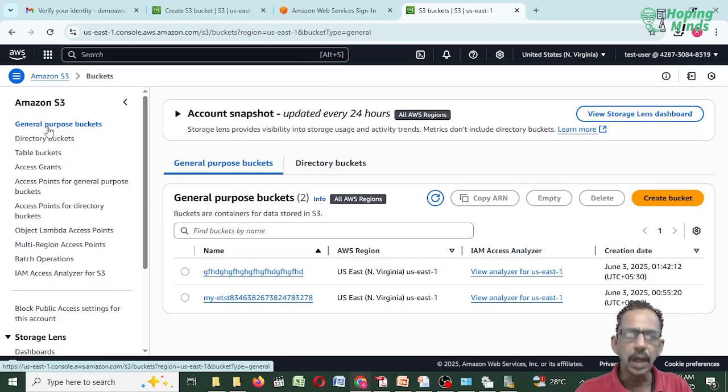So I hope you learned something about IAM. Do more practice by giving different permissions like S3 permission, then EC2 permission, then list-only permission, creation permission, full permission. You can do a lot of practical work with that.